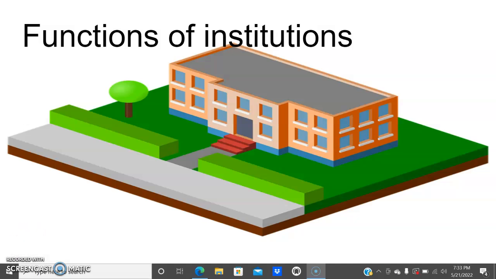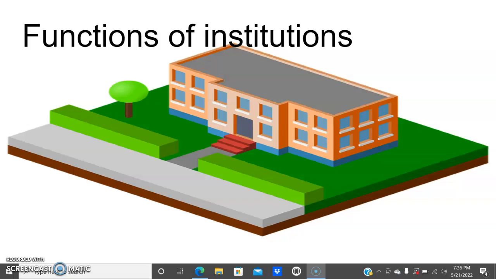Institutions are mechanisms that are put in place to maintain social order. They govern the behavior of individuals, their interaction, their roles and expectations, the rights and obligations and responsibilities. They also govern the duties of individuals. And there are many institutions, and they all have a purpose, and they usually influence individuals in one way or another.